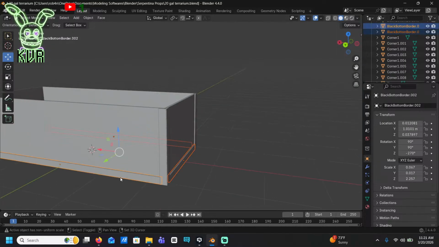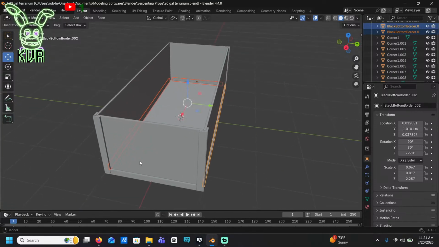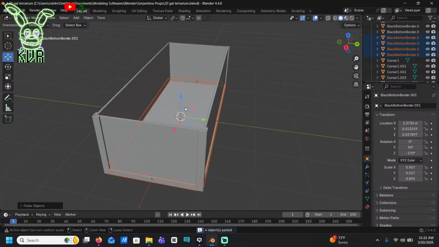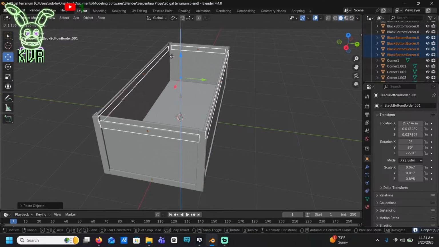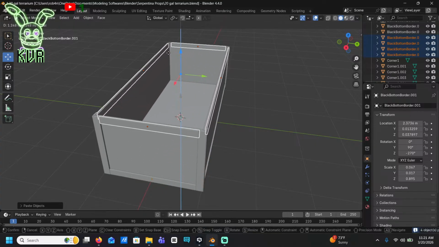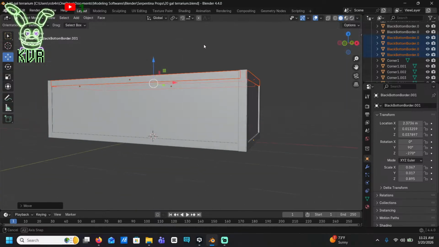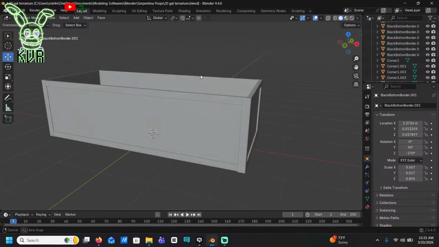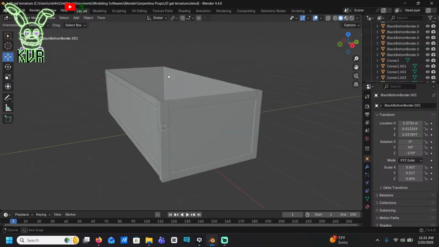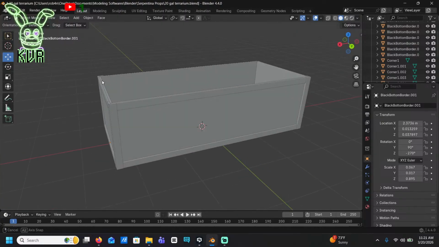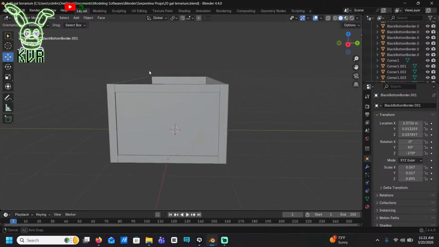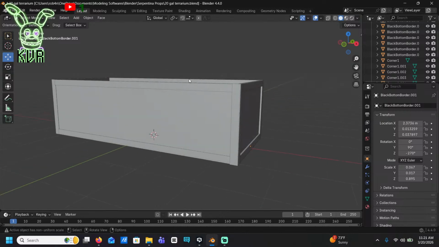I forgot about that. Then these also go up here. Like that. Ish. Looks good to me. Yeah, looks good to me.